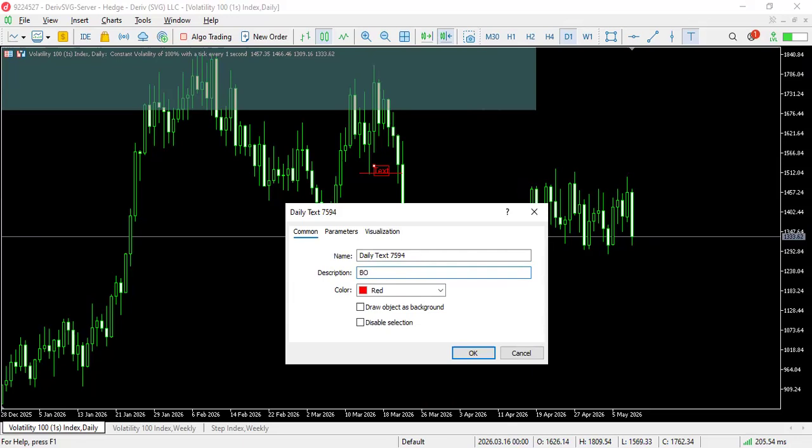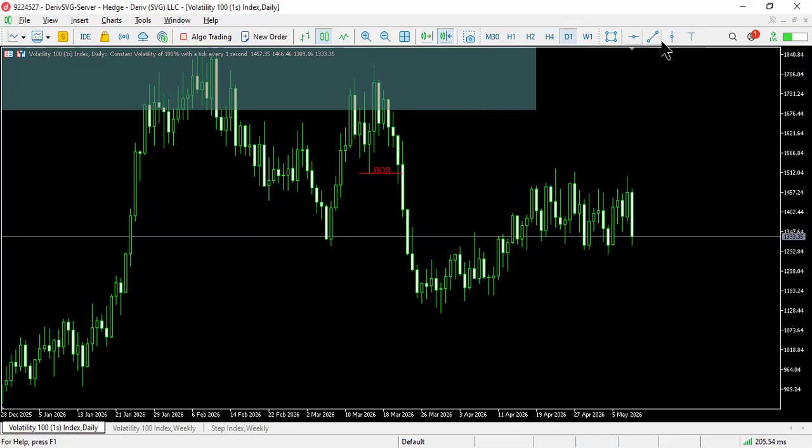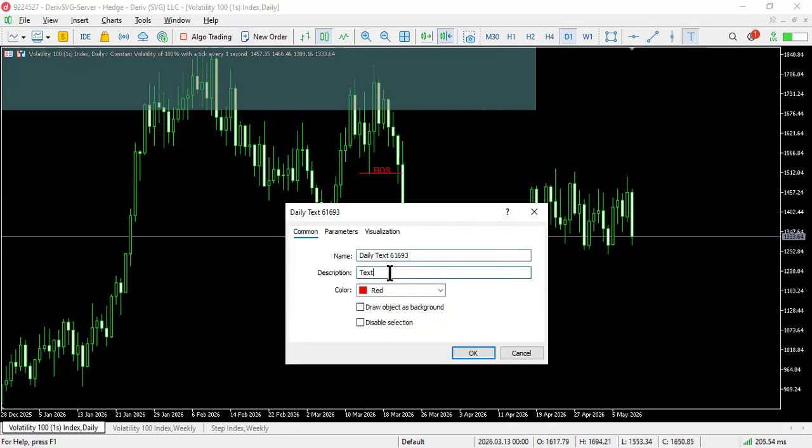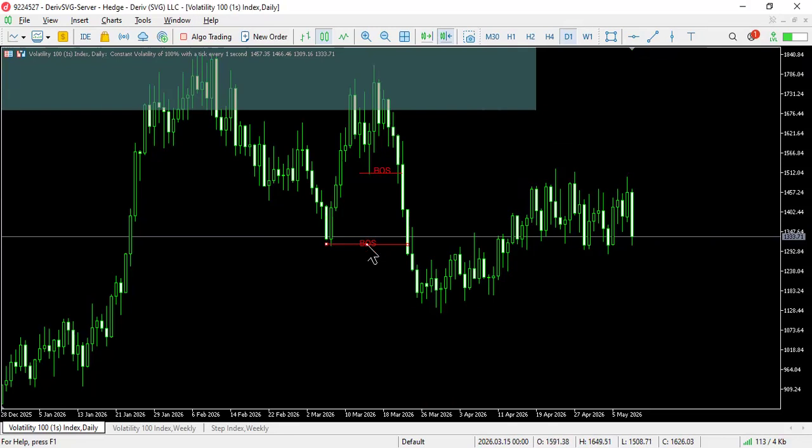So we have a break of structure, and then we also have this general break of structure right here. So we have another break of structure there, and then the other block which caused this internal break of structure,